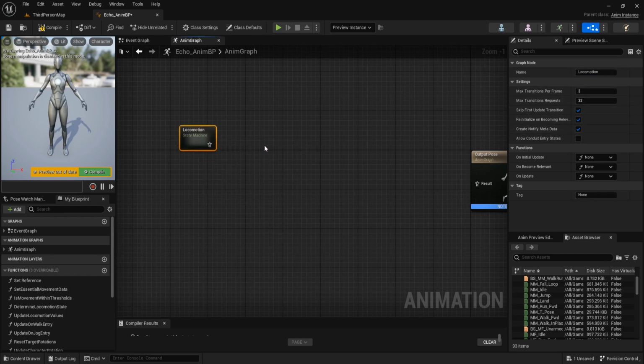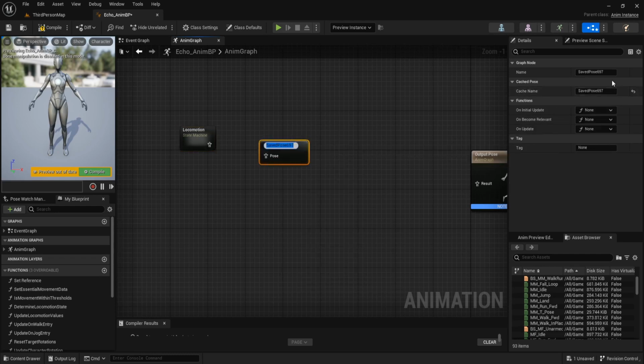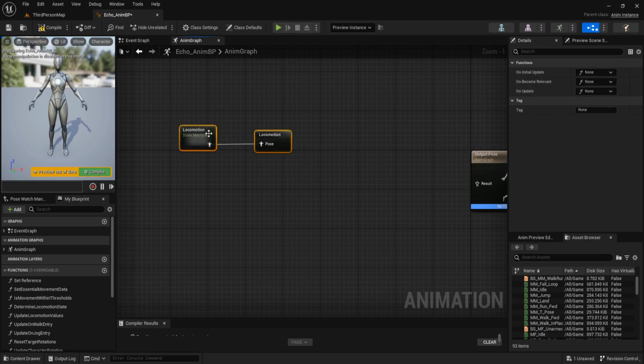And then create a new state cache pose. This cache pose name is locomotion. Connect it to the state machine.